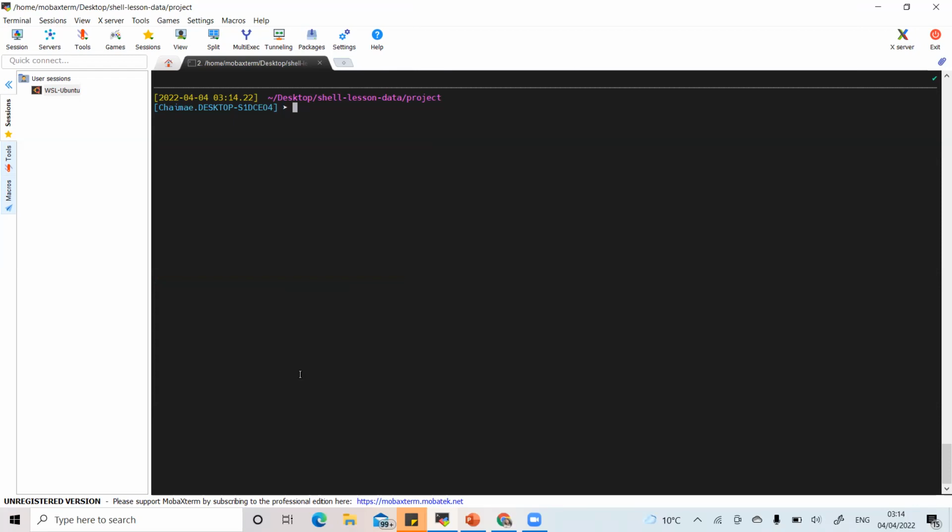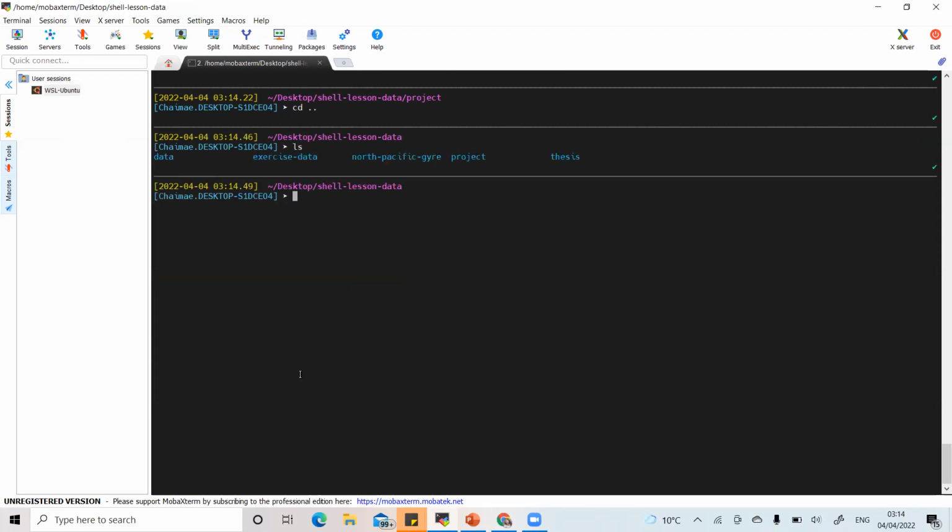So let's get back to our lesson data. As I mentioned, I will just type the cd command with dot dot to get back to the lesson data. Type ls to see what I have exactly. Now let's change our directory to thesis using cd, then run a text editor called Nano to create a file called